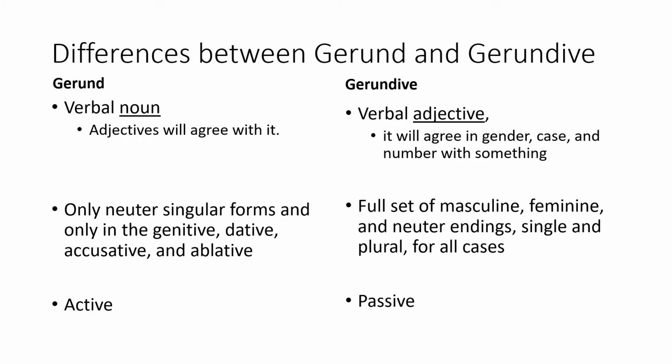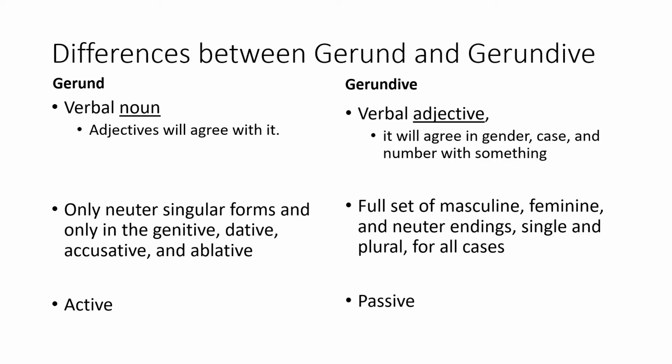The gerund is a verbal noun, which means that, in theory, an adjective could agree with it. This is a big difference from the gerundive, which is a verbal adjective. As an adjective, it will agree in gender, case, and number with some other noun or pronoun in the sentence. The gerund only has 4 forms: neuter genitive singular, dative singular, accusative singular, and ablative singular, whereas the gerundive, as